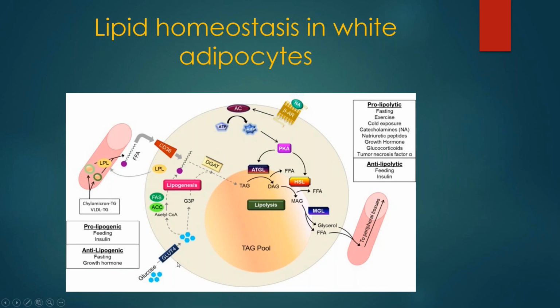So this is how the insulin instructs the adipocyte to store more lipid. As soon as the insulin acts on these cells, it increases the translocation of this GLUT4 transporter, which takes up glucose, and through the process of lipogenesis starts making lipids from the glucose and stores it in the cytosol